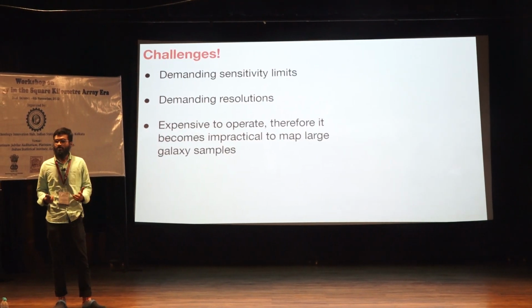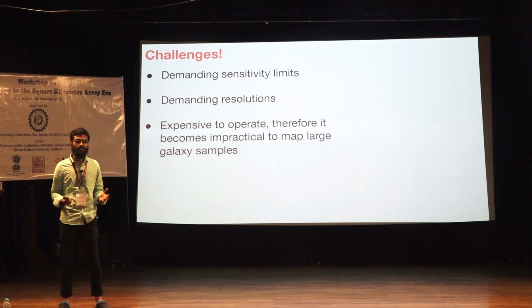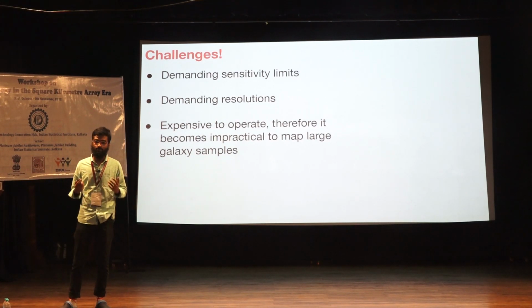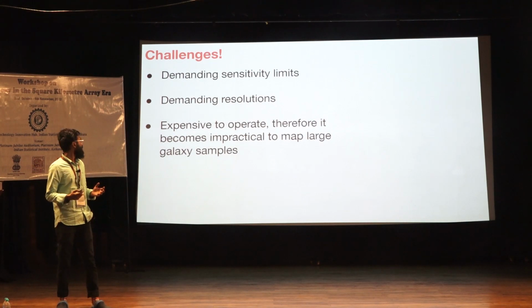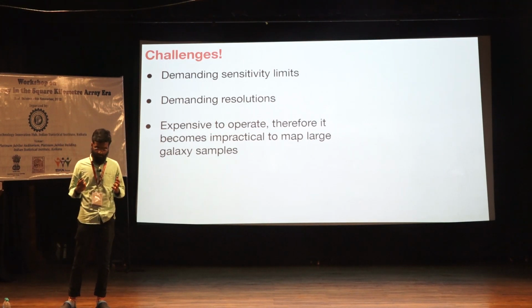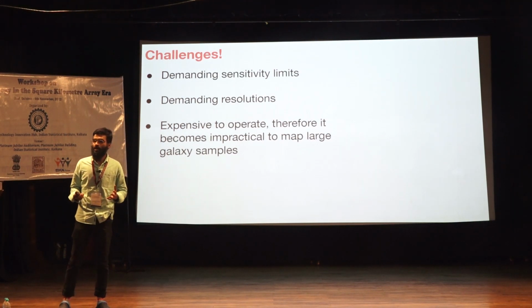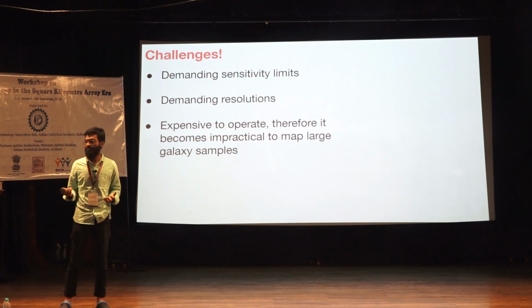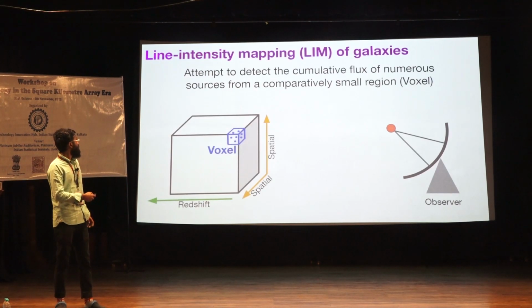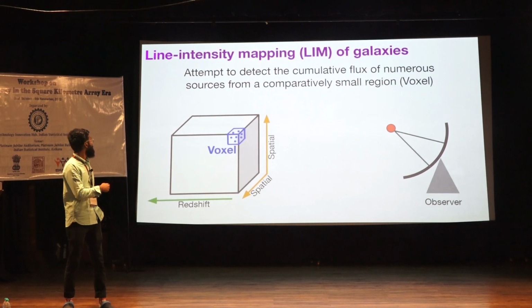But there are certain challenges. For example, these instruments require very demanding sensitivity limits, as well as very high resolutions. And on top of that, they are also very expensive to operate, which means that in principle it's very expensive to have a large volume survey, which we are actually interested in to see how the large scale structures evolve in cosmic time. So there's a proposed complementary solution to this, which we call line intensity mapping